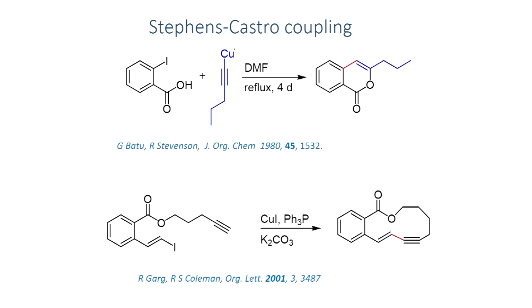The first reaction you can see here, the reaction of this alkyne, in the presence of base, as we have just seen, you can make the corresponding copper alkynyl derivative. Once you form this one, as we have just seen, now this can undergo oxidative addition here, and then you will be able to have